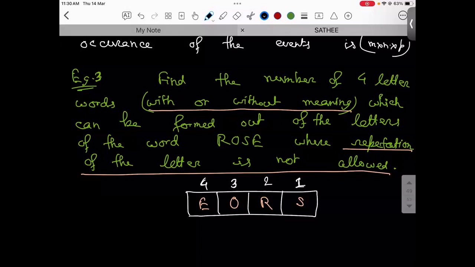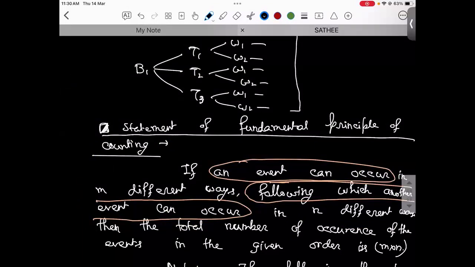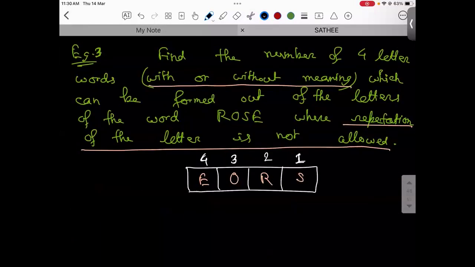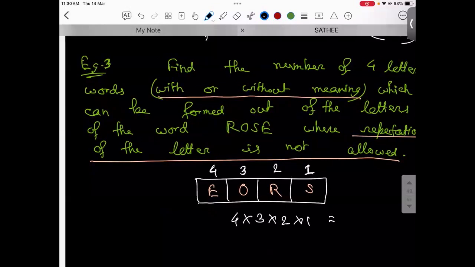Okay. So from here, by using the fundamental principle of counting, how many numbers can occur, or how many words can I get? So the first event can have four possibilities. The second event has three possibilities. The third has two possibilities, and the fourth has one possibility. So the total number of words,